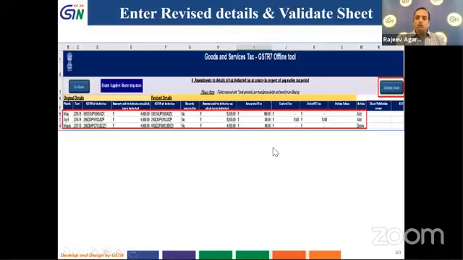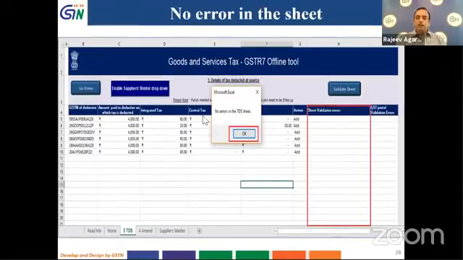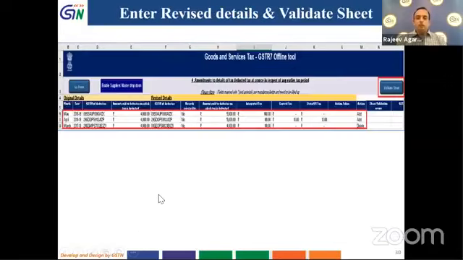So here I will enter two kinds of details. One detail which I have already entered in my previous month and that I am amending. So these are the details which I am amending, which I have already entered in the previous month. You must remember, if there is anything which is to be entered in the current month, I will do it in 3 TDS sheet. So any details which are to be entered in the current month will be entered in 3 TDS sheet. But if I have done any entry in the previous month, then I will do that in 4 TDS, 4 amendment sheet. This is the sheet which is available here. Here I will do amendment for whatever I have filled in the previous month.